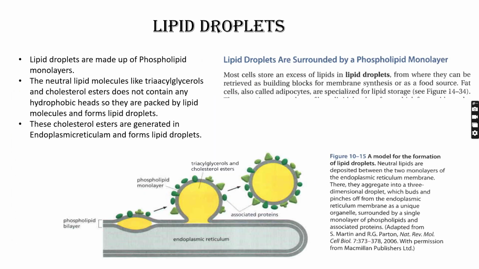Now, lipid droplets. Lipid droplets are, in recent days, the hot cake of biological lipid research. Previously people were not that worried about lipid droplets, but these lipid droplets are mainly formed by neutral lipids. Why these lipid droplets, how do they form? What we found is that the membranes are mainly made up of lipids like sphingolipids, cholesterol and phospholipids. Among them, the cholesterols, sometimes the esters of these cholesterols are neutral, meaning they